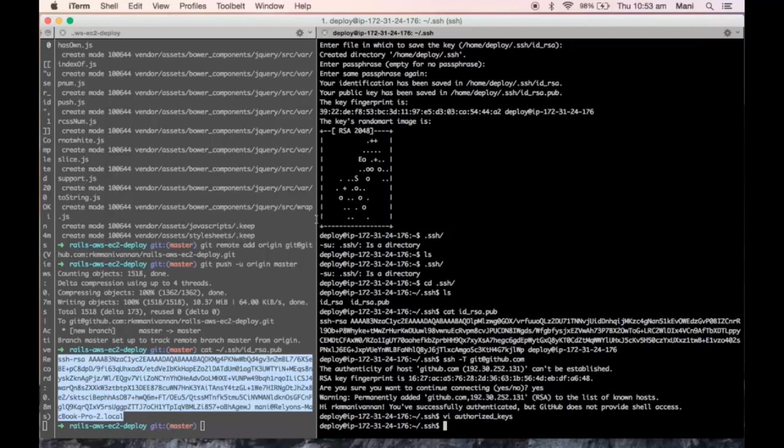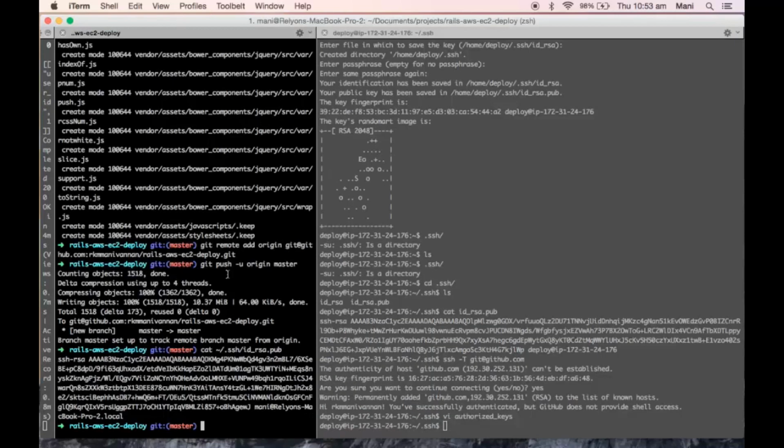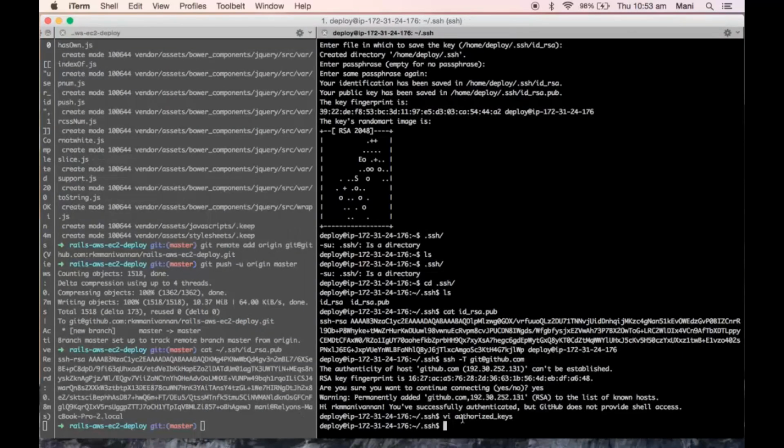We need to do this whenever we are uploading files from our local machine to the server. This authorized key helps verify that your system is a valid one. The main focus of adding this authorized key is that it will check whether your local machine is an authorized one or not. That's why we added the authorized key.